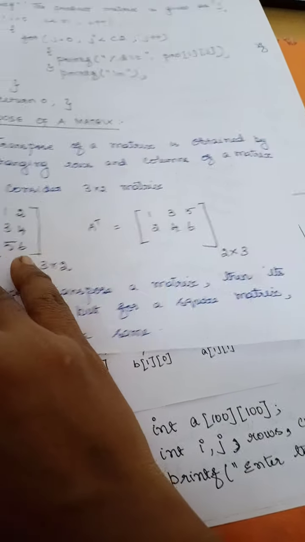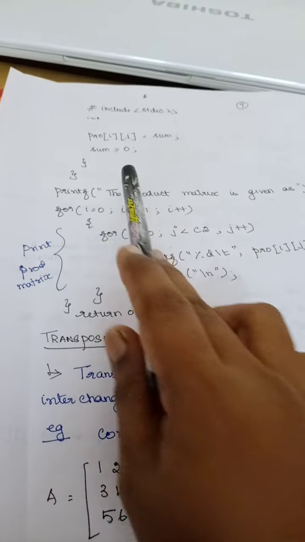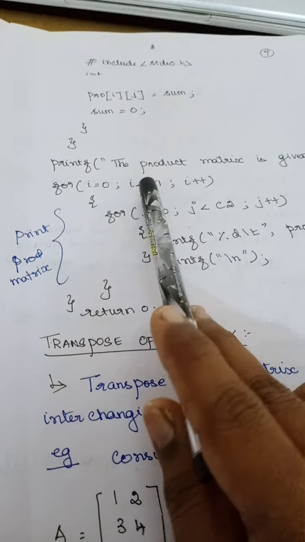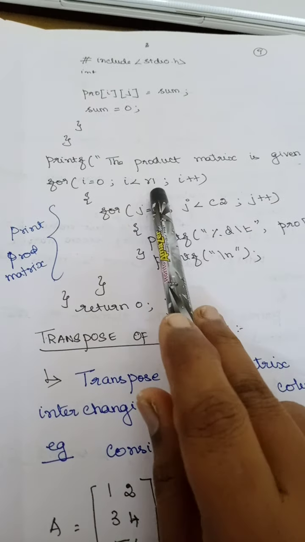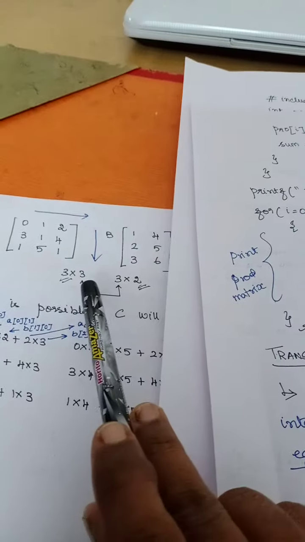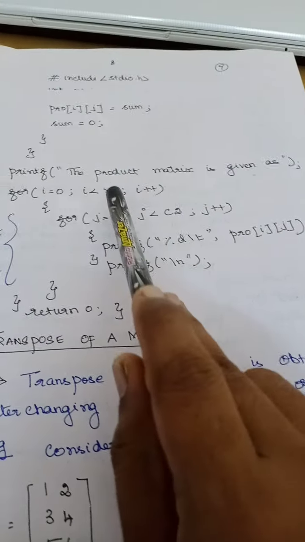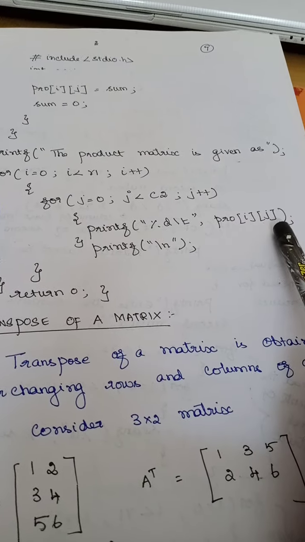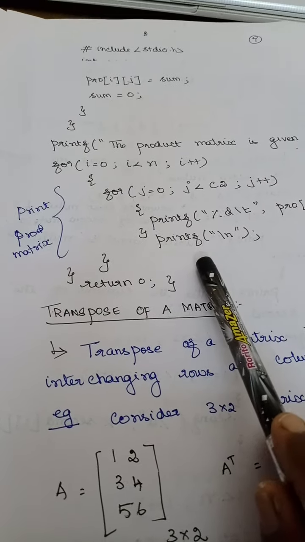And here I am going to print the product of the matrix. Again I have stored everything in my product array. Just I am going to print it. So I have rows and columns, right? 2 for loops. So already I told you, you will have the row of your first and column of your second matrix. That is what we have done here. Row of the first matrix, column of your second matrix, and then I am printing the product array. Clear? This is matrix multiplication.